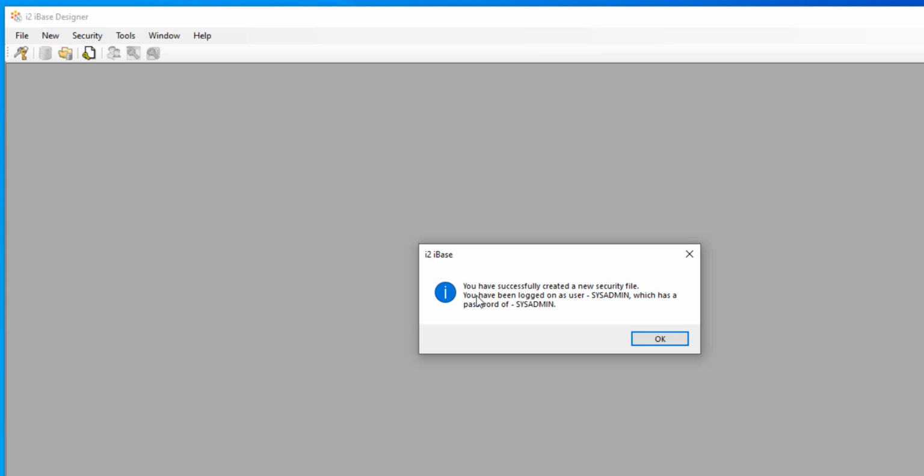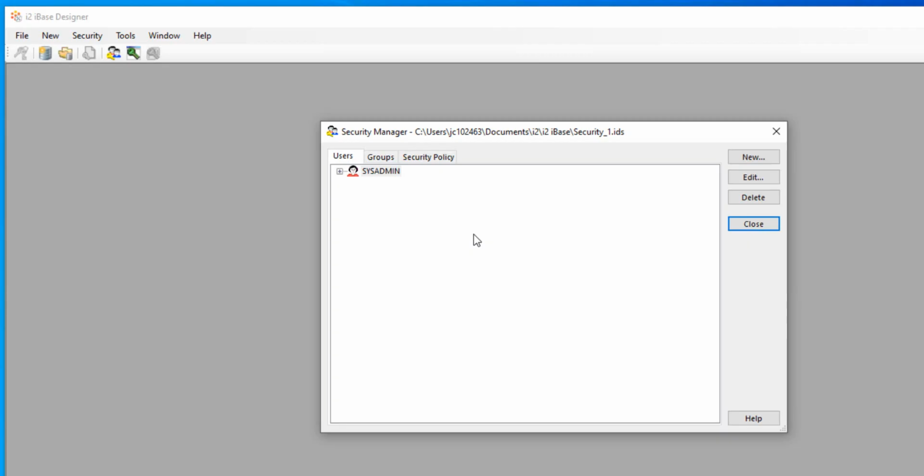So it's telling me that I've successfully created a new security file. You have been logged on as a user SYSADMIN, which has password of SYSADMIN. So as we saw previously, the default user and password are SYSADMIN and SYSADMIN, but we will change this. So what I will do now is I will create my own account so that I can then disable the SYSADMIN account. So I'm selecting New,